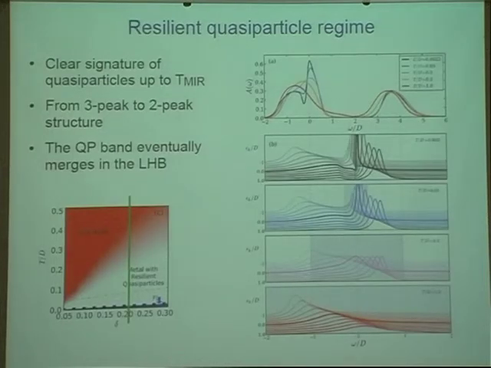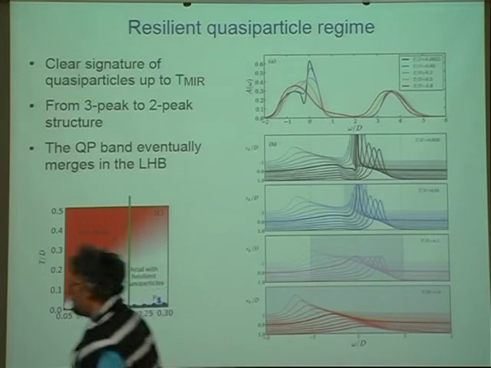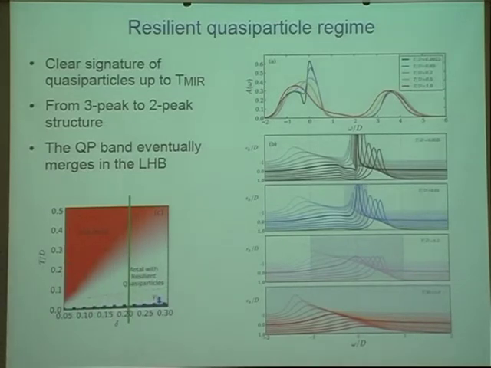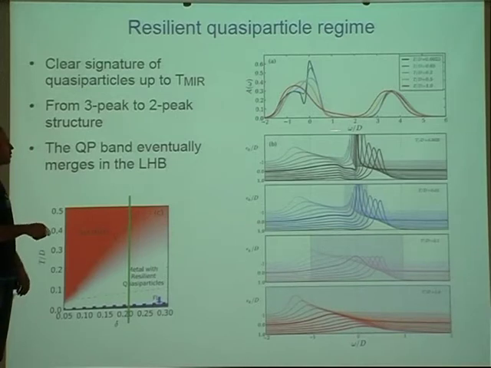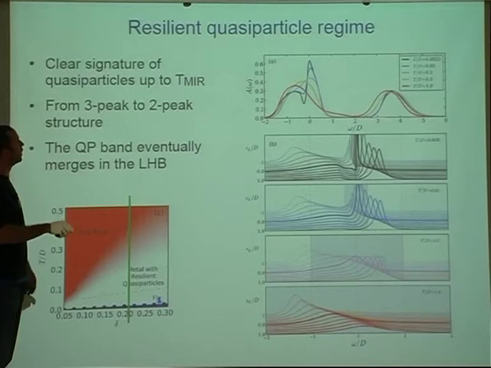Okay, so let me describe now what happens as I increase the temperature a little. I was in the Fermi liquid, and now I increase the temperature, and I want to investigate this intermediate region where I want to justify, or show you, that there are still quasiparticles. So let me first show this. This is a plot of the spectral function, the local density of states, versus frequency. At low temperature, this is the black curve.